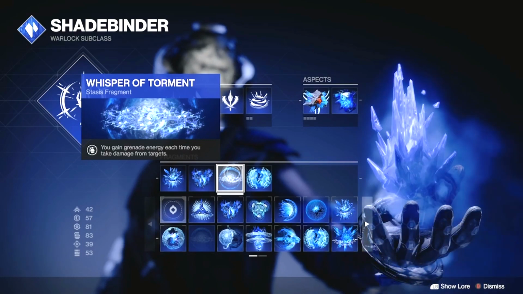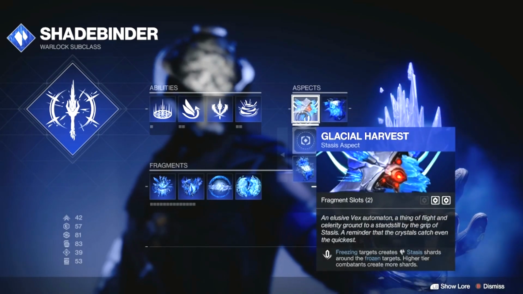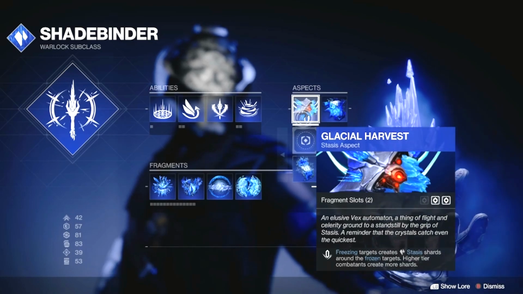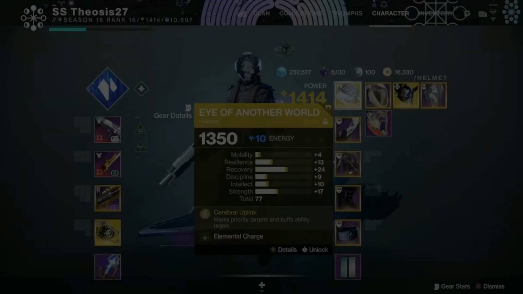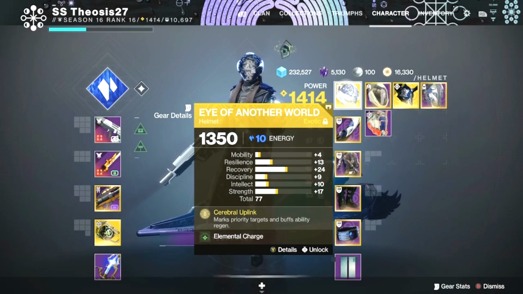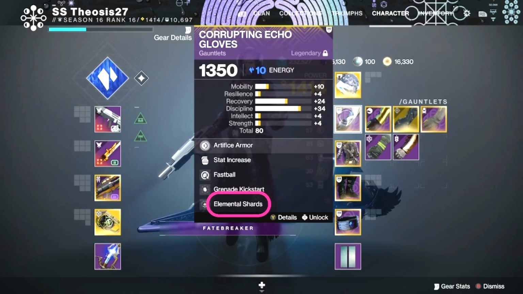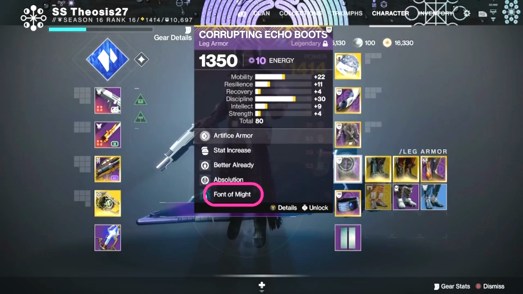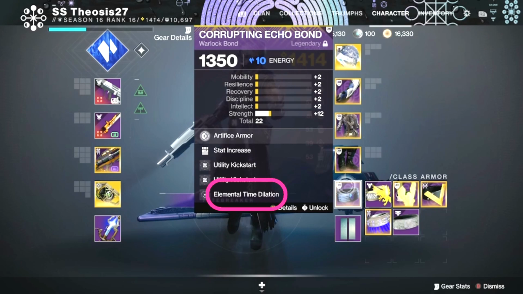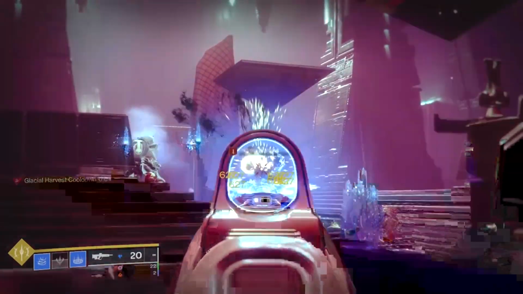Your aspects can be Bleak Watcher, to turn your grenade into a Stasis turret, and Glacial Harvest, freezing targets creates Stasis shards. But wait, hold up. I could go one step further if I wanted to. You can further complement the playstyle by throwing in Elemental Charge to get charged with light by picking up Wells, Elemental Shards so that Stasis shards count as Wells, Elemental Armaments so Stasis weapons generate Wells, Font of Might for bonus Stasis weapon damage when picking up Stasis Wells or shards, and Elemental Time Dilation for longer Font of Might bonuses. With this, you'll literally become the blue spiky haired guy from